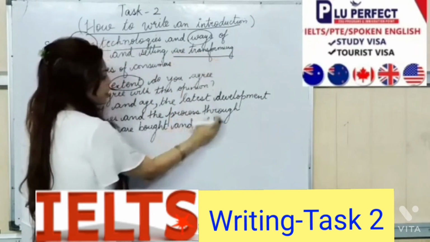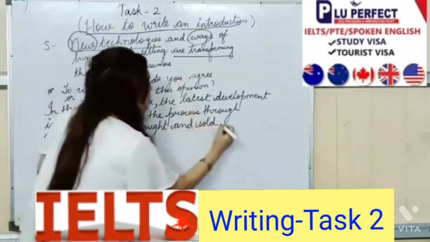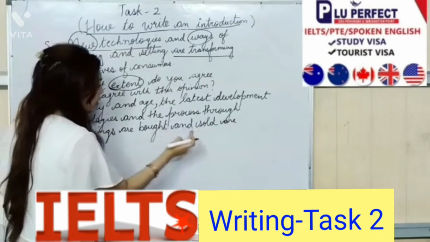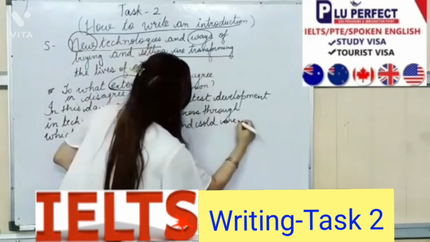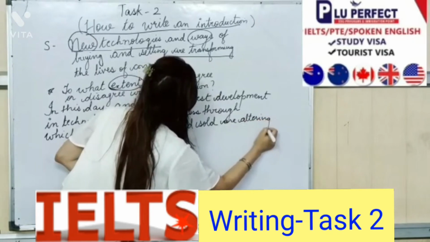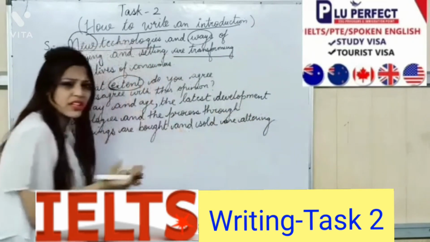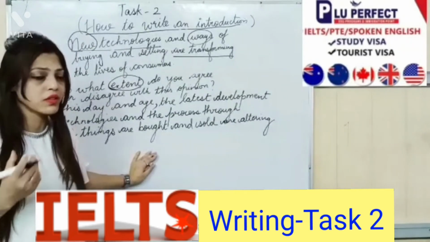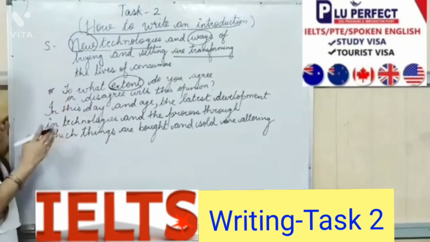I am going to use present continuous tense here also. So I am going to use the word "are" as it is, because obviously it's plural. So instead of transferring, I am writing altering, which means changing, transforming. Now, changing is a very common vocab word. So instead of changing, you can use the word altering. Okay.